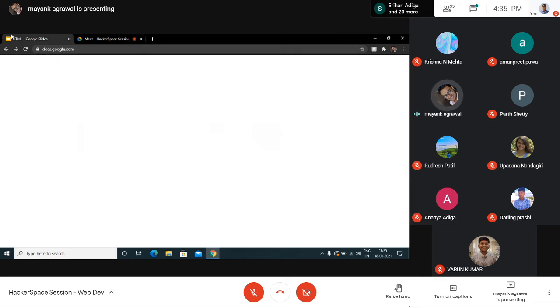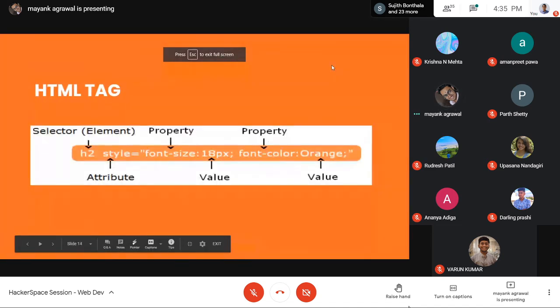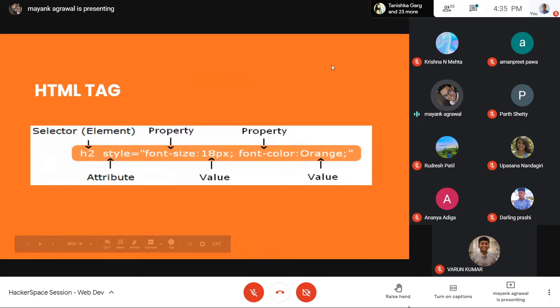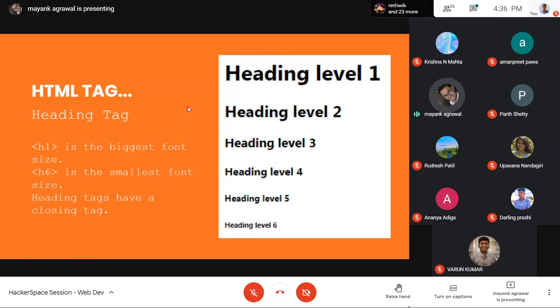Okay, so I'll be moving ahead. We have discussed till here. The last thing was what is a tag and the attribute, right? So the next thing we have is the HTML tags. HTML has a great many tags, a tag for almost everything that you want. I have listed very few, but they are very important, and you'll be using them in almost all the HTML files that you'll ever create.